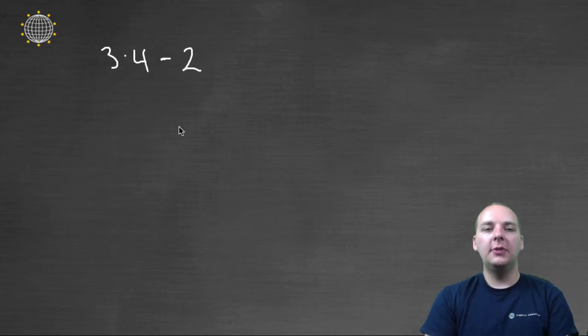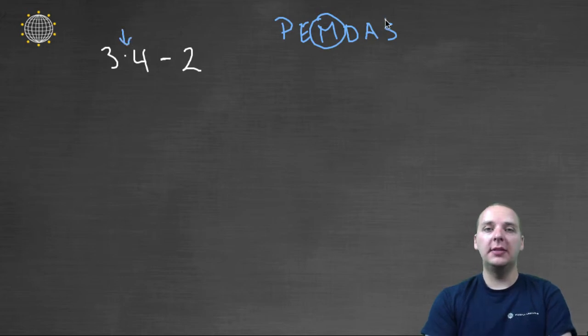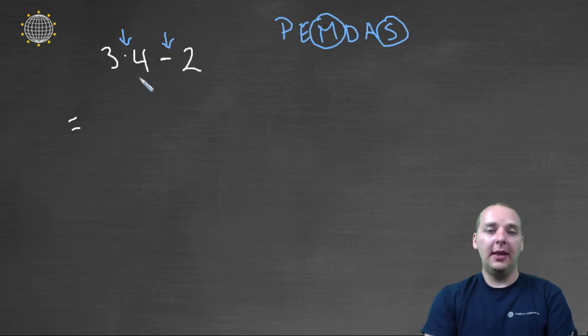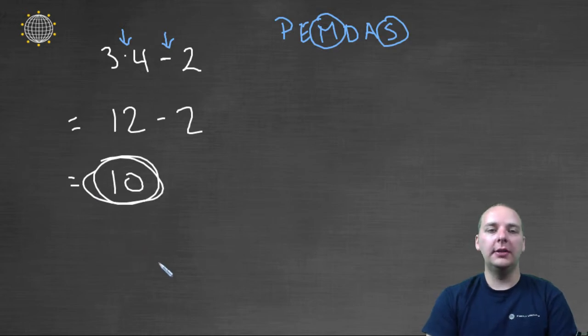If you had 3 times 4 minus 2, because we know "please excuse my dear Aunt Sally," then I know that multiplication, this operation, takes precedence over subtraction, which is this operation. And so the default, understood order that these operations should be done would be to do 3 times 4 first, which is 12. Then we'll subtract 2 from 12 and get 10. So that would be our answer.